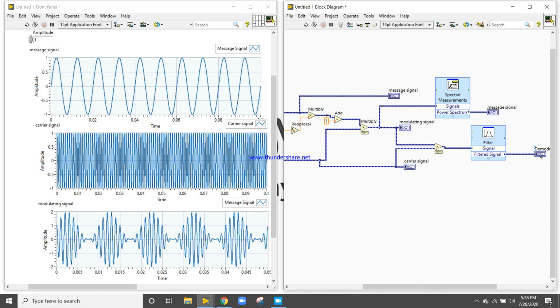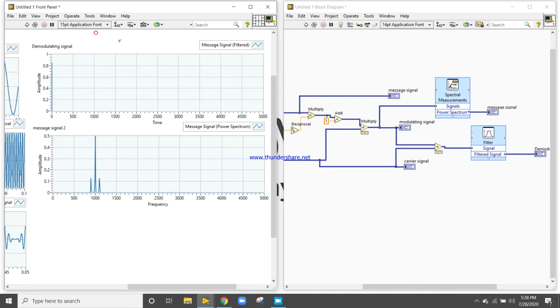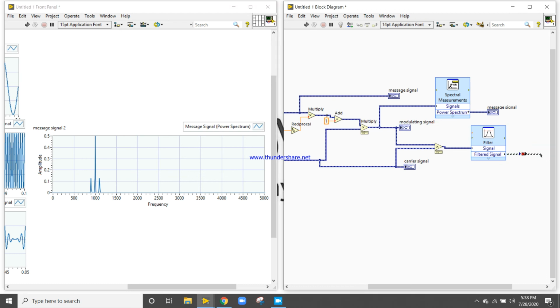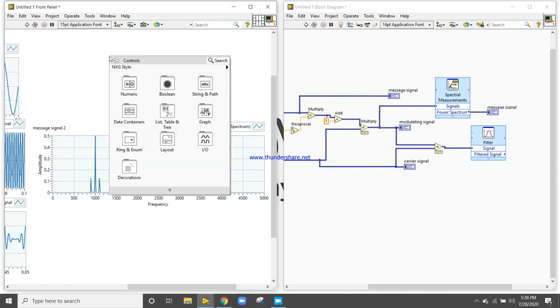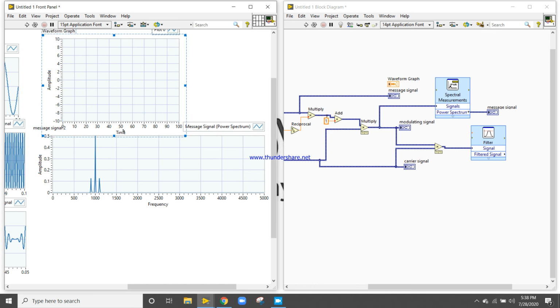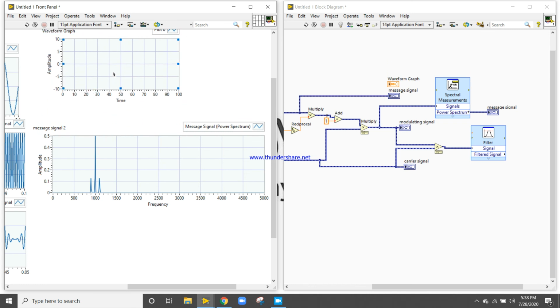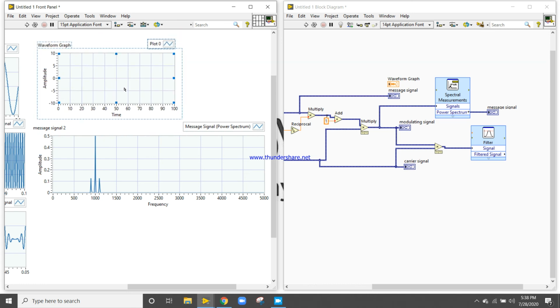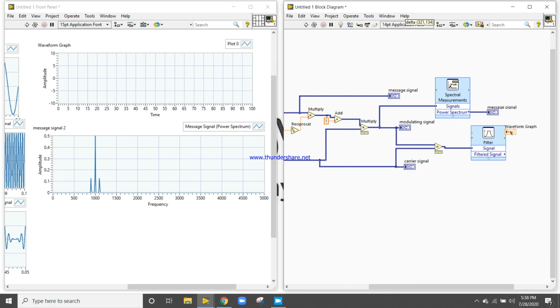Control B, right click, waveform graph, try to connect the signal.